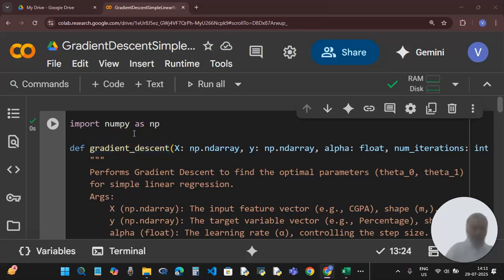We are implementing this in Python, using the NumPy library. NumPy provides efficient representation of matrices and arrays, and it also supports direct addition, multiplication and transpose operations, which are very useful in the implementations. So here we are defining a gradient descent function which takes